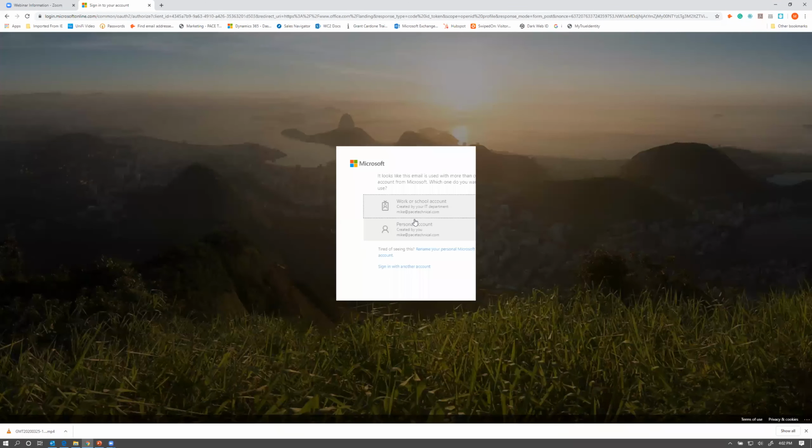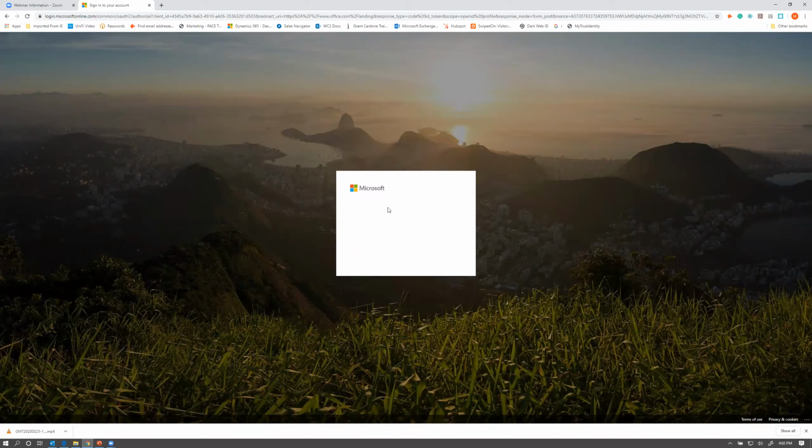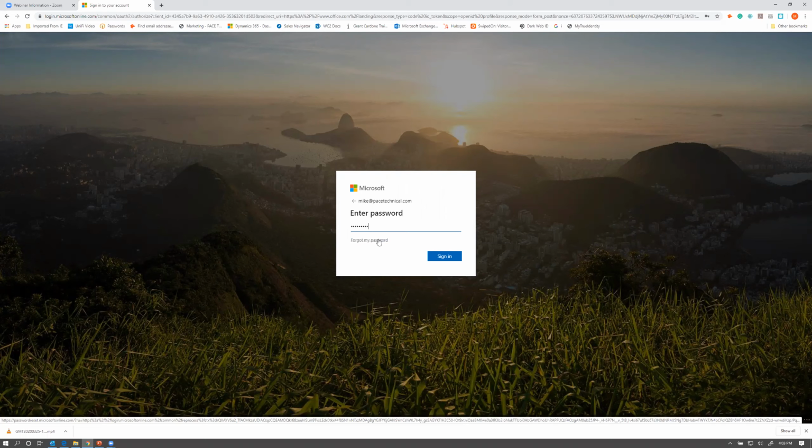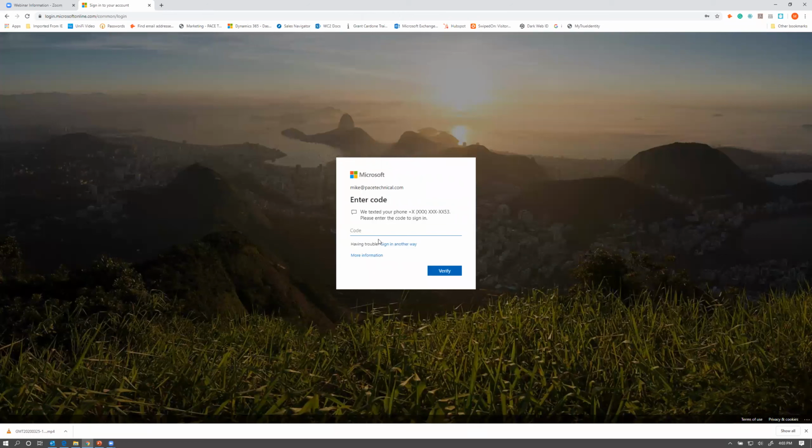I'm going to show you a kind of longer method of signing in, because we have two-factor authentication enabled within our Office 365 account. There are a few different ways to set up two-factor authentication.